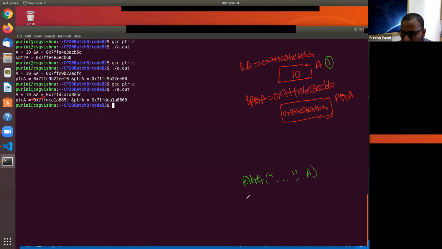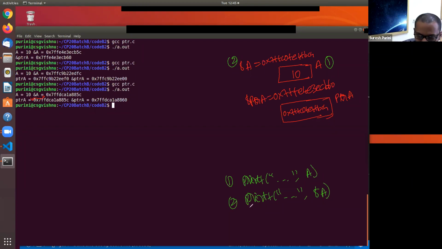Good answer. What is the second observation? You do printf of the address of A. What do we get when we do printf address of A? The memory address at which variable A is stored. Yes or no?